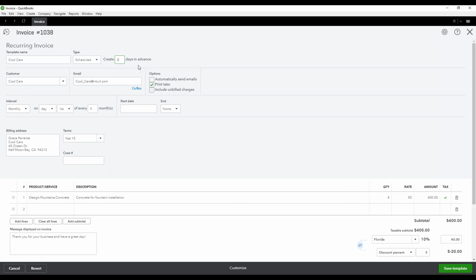Let's say, for example, I want to have this on the day of the 17th. So I can have it created one day in advance, where I go in and check all of my recurring invoices the day before, and make sure the information is correct. Then I can have it send out on the 17th. So I want to create it one day in advance. This is the customer. This is the email. You can select print later, or you can automatically send the email